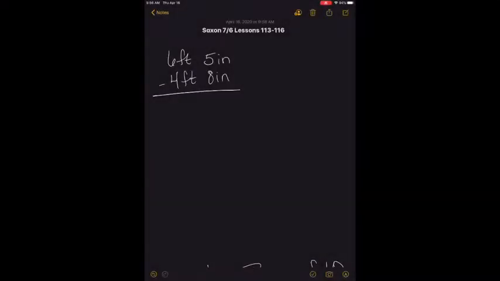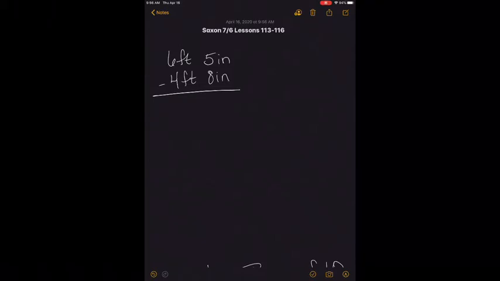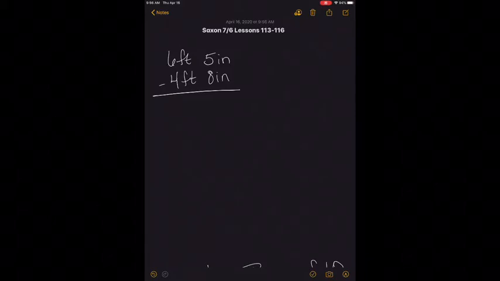Okay, so here we are at lesson 113, almost to the end of the book. In this lesson, it's more on adding and subtracting mixed measures and also multiplying by powers of 10. I'm not going to spend much time on adding and subtracting mixed measures because we've already done that. I'm sure that you guys have already had some practice at this, but I thought I would go over one